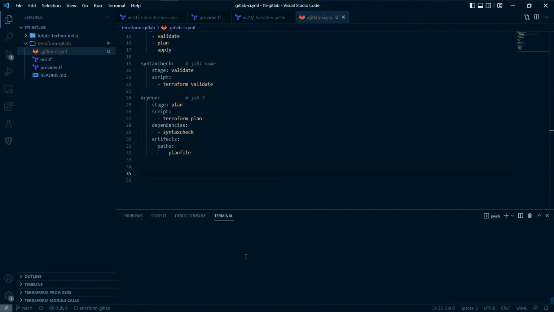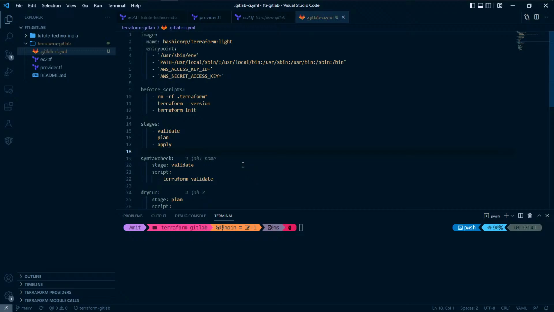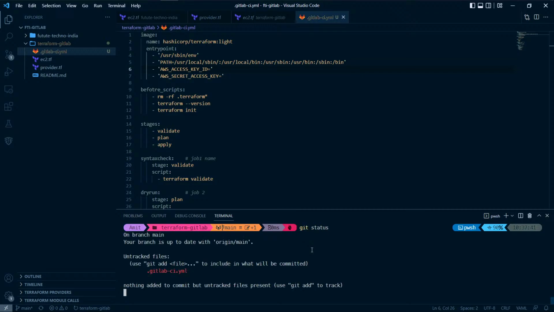As soon as you commit this code, it will start running all the things. This is your access secret key, but I haven't mentioned the access secret key. Why? Because if I mention it here, it will automatically go to the GitLab account and cause some issue, because you have made the repository public. So I will not put it here. I will just commit this code as of now. Git status, git add,